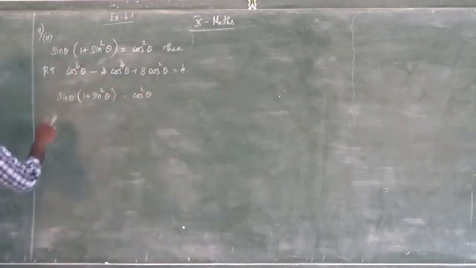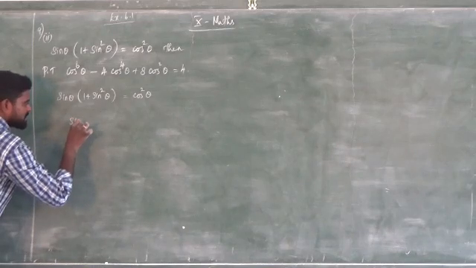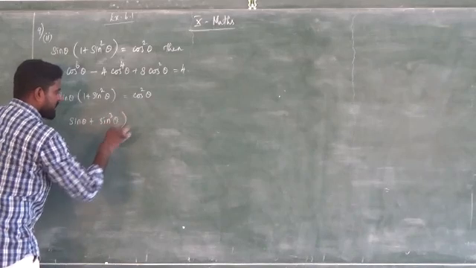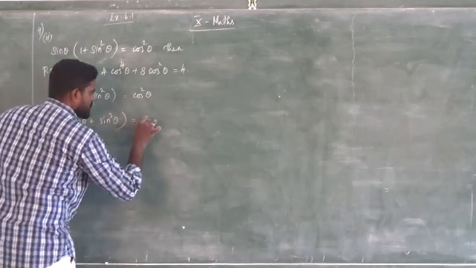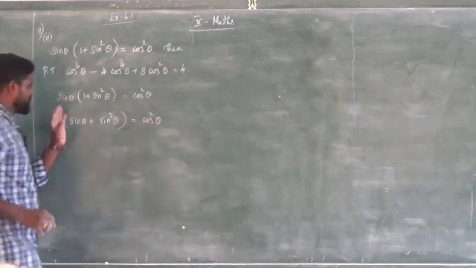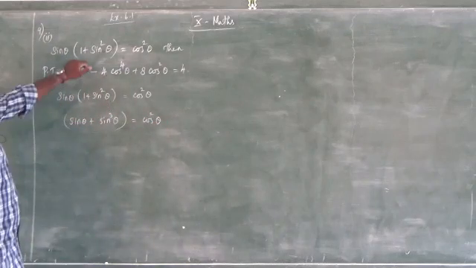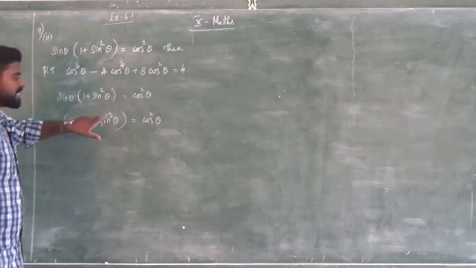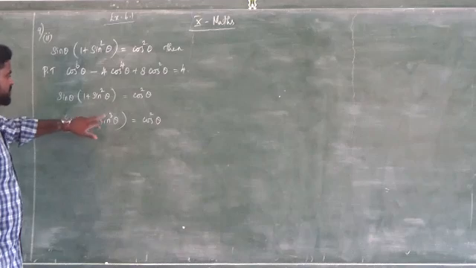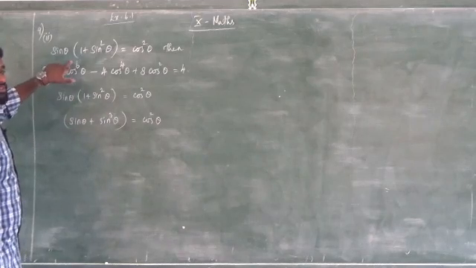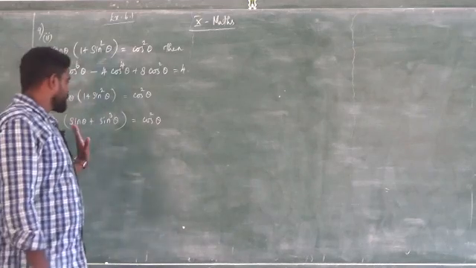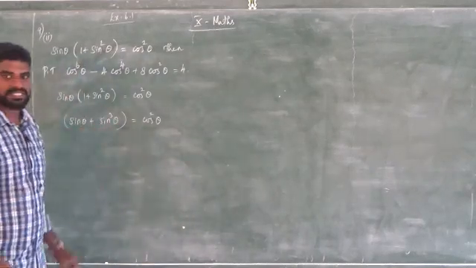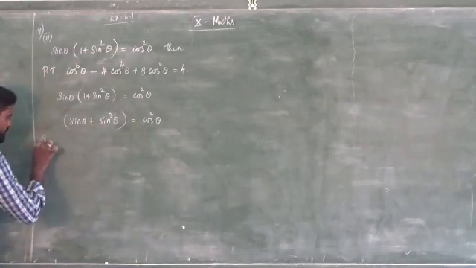So multiply sin theta into 1, it is sin theta, plus sin theta into sin square, it is sin cube theta, it is equal to cos square theta. See, in the proof we have cos power 6 theta, but here we have only sin power 3 theta. The highest power is 3, but here the highest power is 6. So what we are going to do, we are going to square on both sides, then only that sin power 3 becomes sin power 6 theta. So squaring,